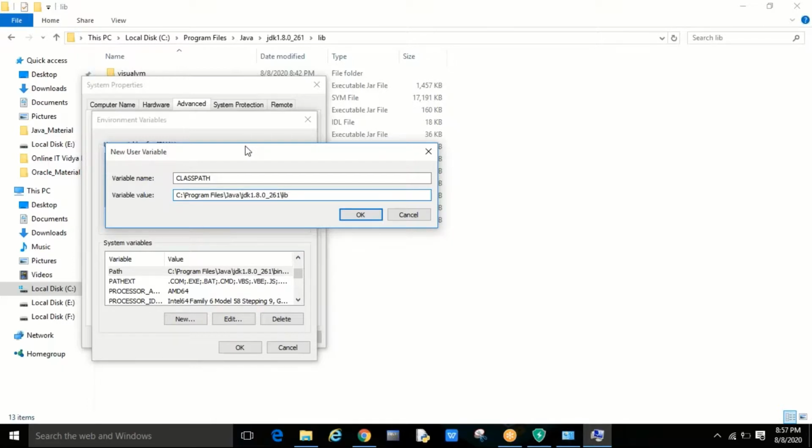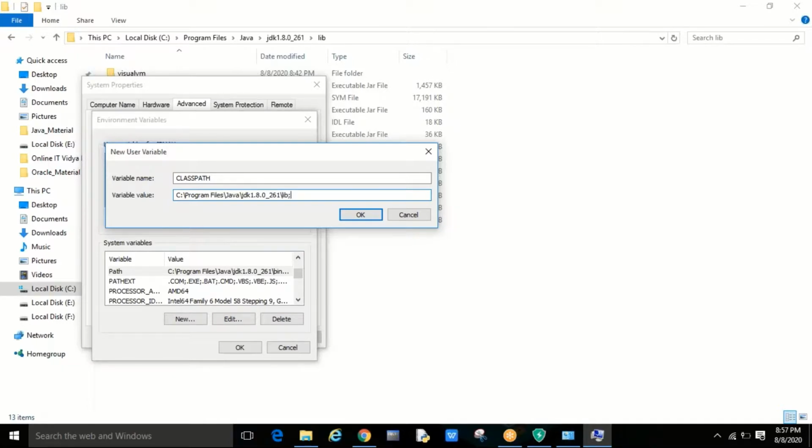As a thumb rule, you need to separate with a semicolon. You don't have any path here, we just created it ourselves. So why is the semicolon required? Because in future, going forward, you might paste some other jar files also. Who knows? For example, advanced Java applications like a JDBC application, maybe servlet or JSP, whatever application you are going to develop, the servlet API jar file you need to paste over here. And from the JDK point of view also, if you are working with the type 4 driver, you need to copy that jar file and paste it over here.